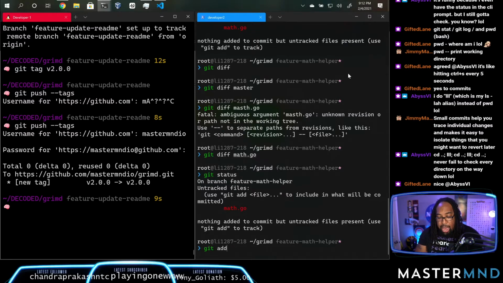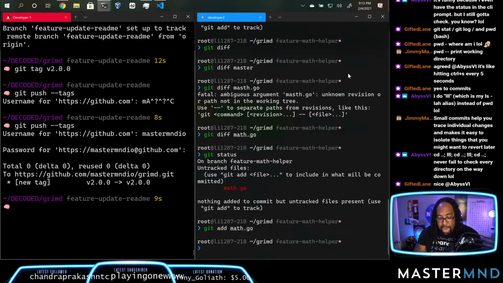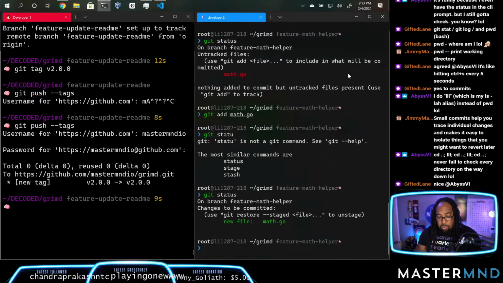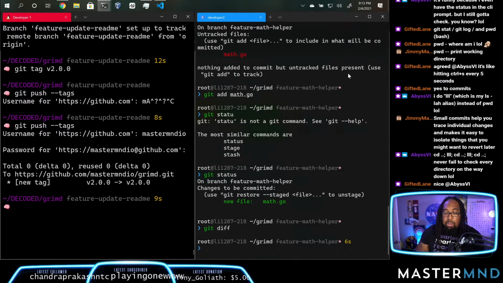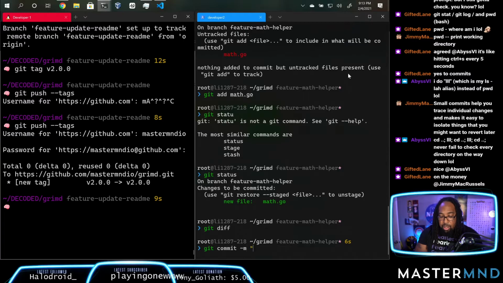As soon as I do a git add math.go, it now sets it up. So I did a git add, so I'm gonna do a git status. And now if I do a git diff, it's still not gonna show me anything because this file isn't part of the history yet, okay? It's not gonna show you that for new files. I'm gonna do a git commit -m added